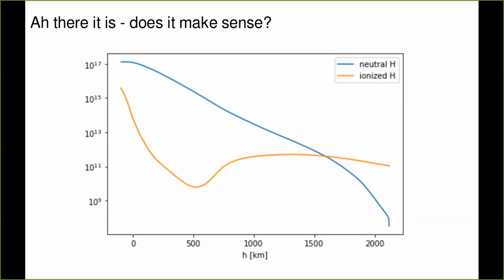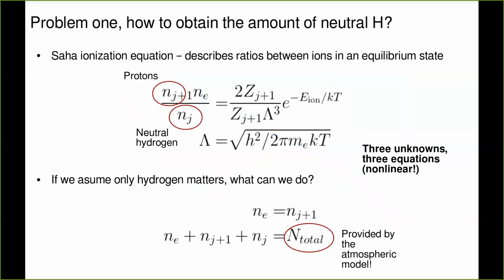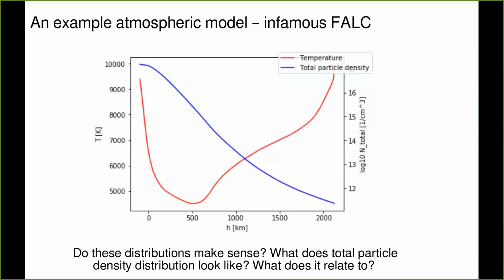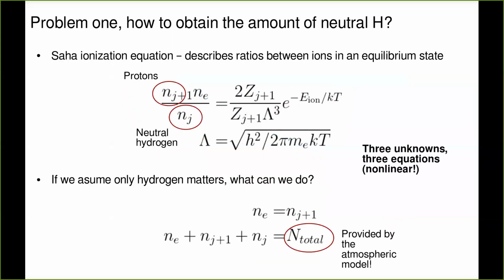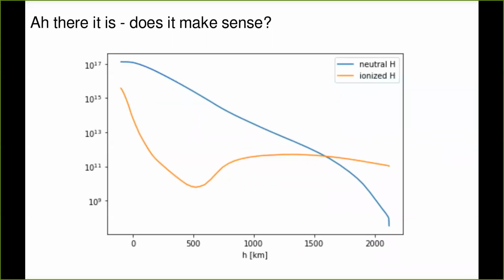I mean, we can go back. Let's see how the total number of particles changes. So we had a total number of particles here. It changes from 1,000 to 2,000. It changes by 2 orders of magnitude. And here from 1,000 to 2,000, it stays more or less constant. But that's simply because if you look at the blue line, it changes by 2 orders of magnitude. So electrons just stay constant because there's much more ionization as I'm going down. It just comes out that way.